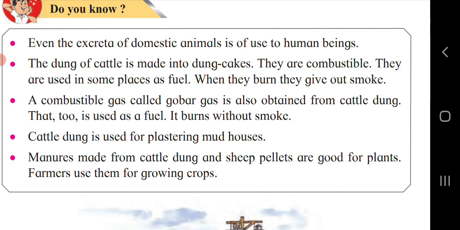In villages, dung cakes are used as fuel. Gobar gas is also prepared from cattle dung. Also, we have seen that cattle dung and sheep pellets serve as good manures for crops. As I had told you, the waste products of these animals are also helpful for us. For agriculture purposes, it is a good manure.